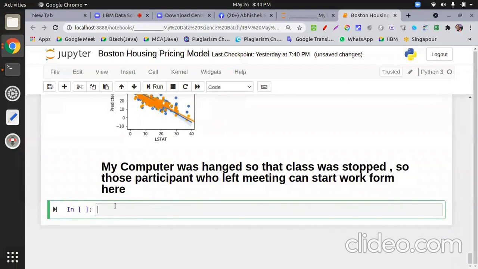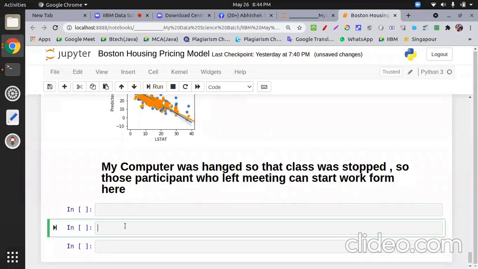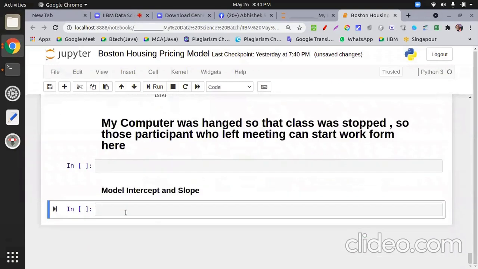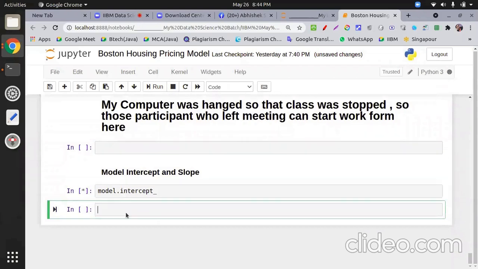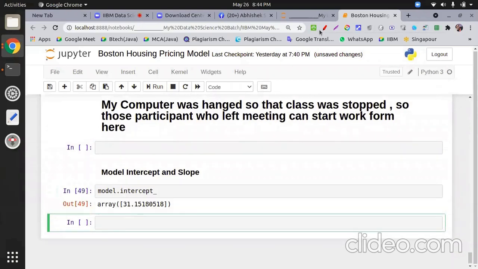So now the next step will be to print the model intercept and slope. How do we print the model intercept and slope? model.intercept_. What is intercept? The value of C, if you remember.